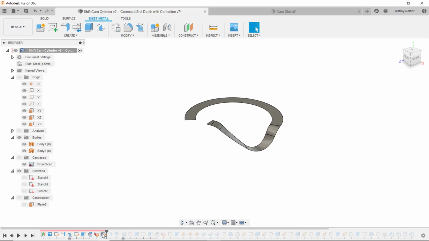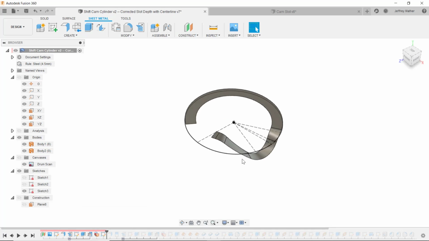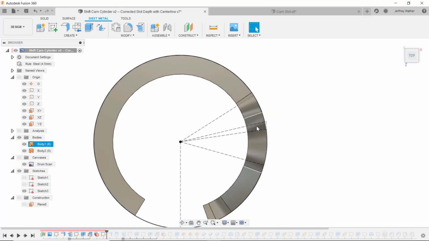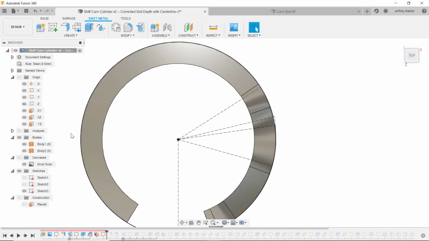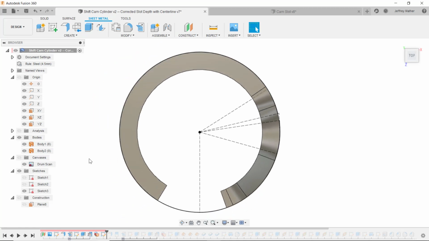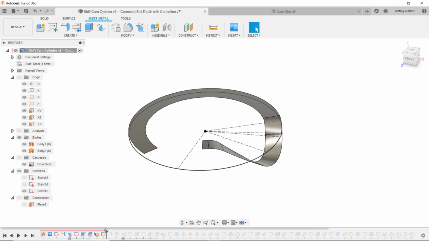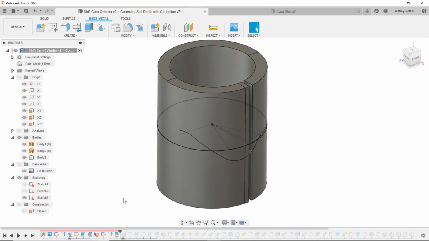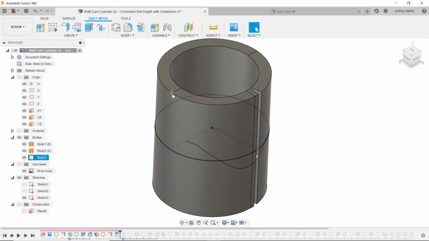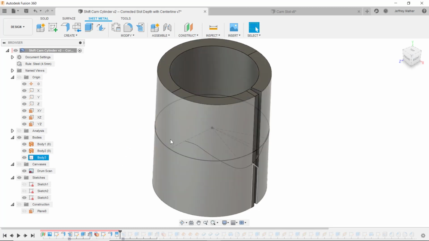Then I create a new sketch for the next path. Again, I use the same technique of part of a straight line and the curve that will encompass that path. I go a little bit beyond that, so I have some extra material. And then I do my sheet metal flange again. I unfold that,